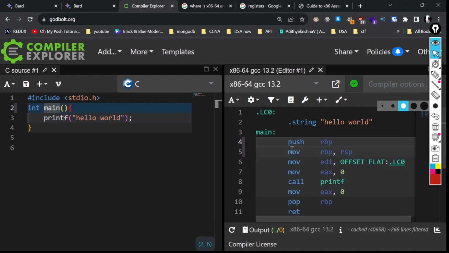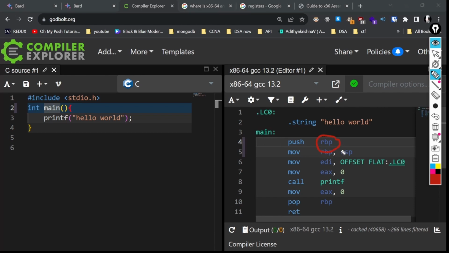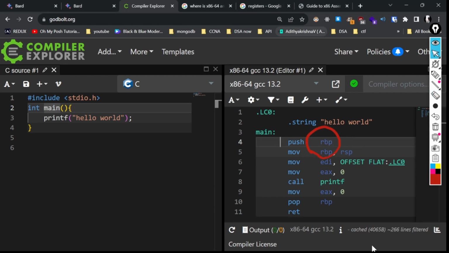So after we enter inside, then we have the push RBP. What does this mean? This line pushes the value of the RBP register into the stack. So two questions arise. Why stack and what is RBP? So let's check what is RBP first. The RBP register, also known as the base pointer or frame pointer, is a general purpose register in x86 64